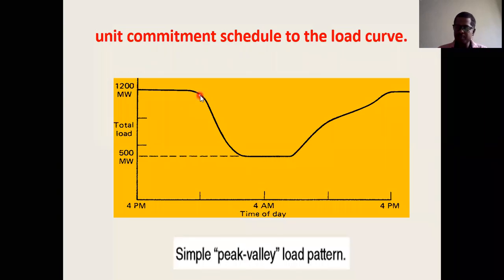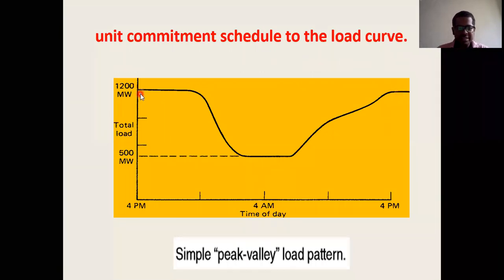Here the load is maximum. Slowly the load decreases, then it comes to the minimum point. Then from this point the load increases again and reaches the maximum point. Now, how can we operate these 3 units? We cannot operate all 3 units at a time. Similarly, we cannot operate all 2 units at a time. Means what combination we have to take, or how we can operate the existing 3 units.